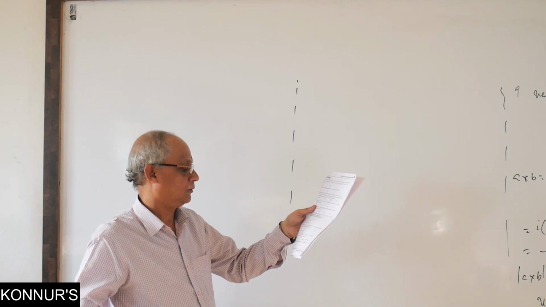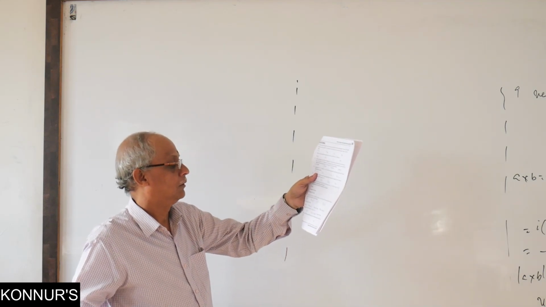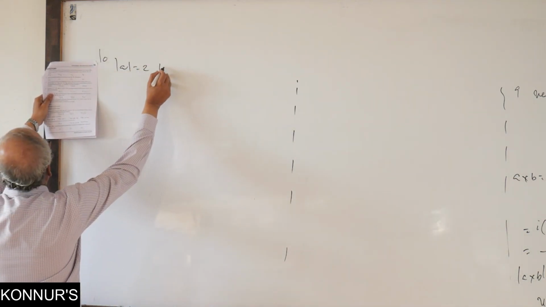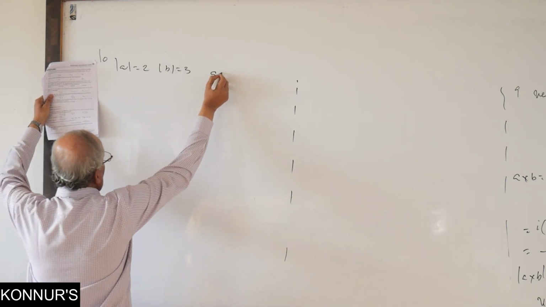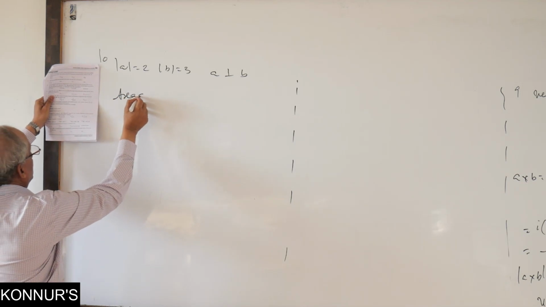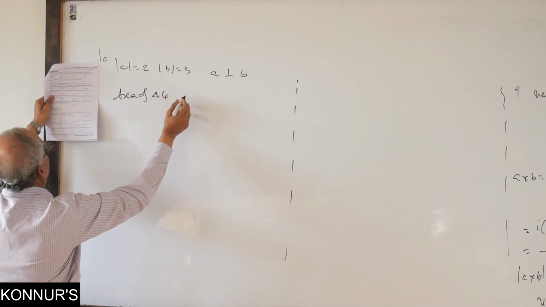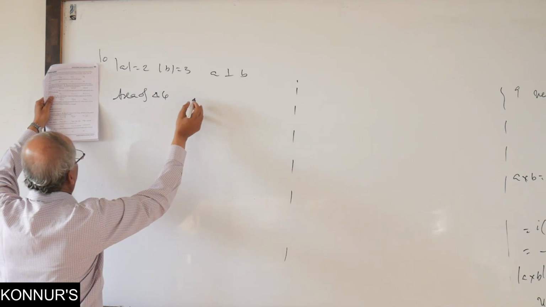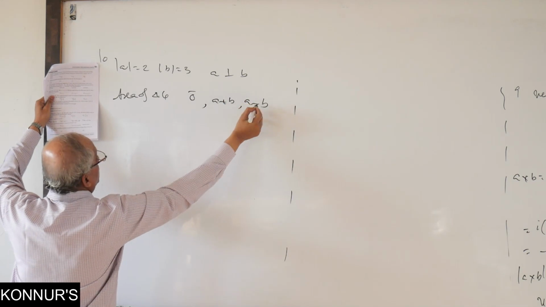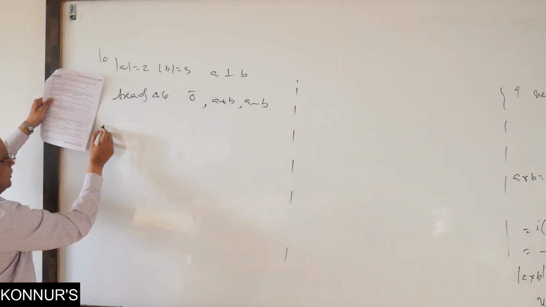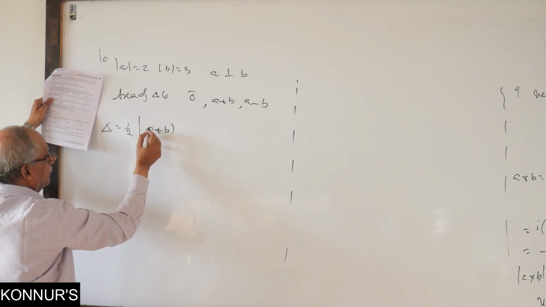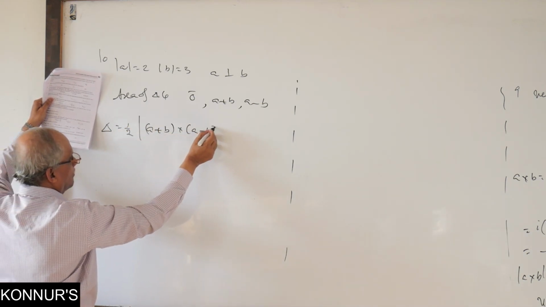Okay. Next, tenth. Magnitude of A bar is 2, B bar is 3. Given that A and B are perpendicular, find the area of the triangle whose adjacent sides are, adjacent meaning all the sides only, origin, A plus B, A minus B. What is the area of the triangle? Generally we have the result half of A cross B. Here the vector is A plus B cross A minus B.